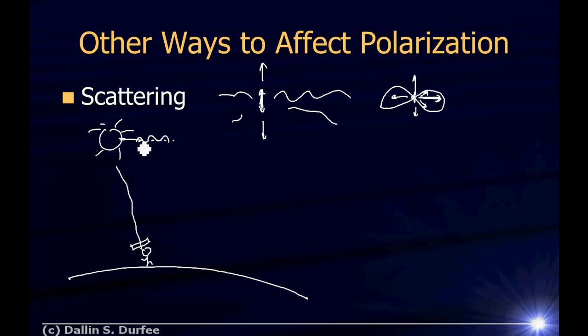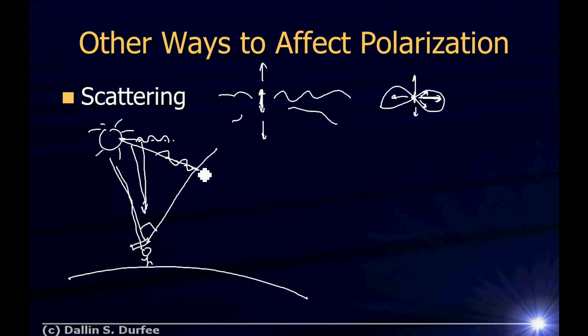All right? So if I wiggle an atom this way, if I look up in the sky, the stuff that's wiggling this way is going to make a little bit of light towards me, but stuff that's wiggling in and out of the board is going to scatter a lot more light. And if I look up at exactly 90 degrees from the sun, the sun's over here, I look at 90 degrees from the sun, I didn't draw this very well, but if I look at a 90-degree angle, some of the sunlight will be doing this, and some will be going in and out of the board.